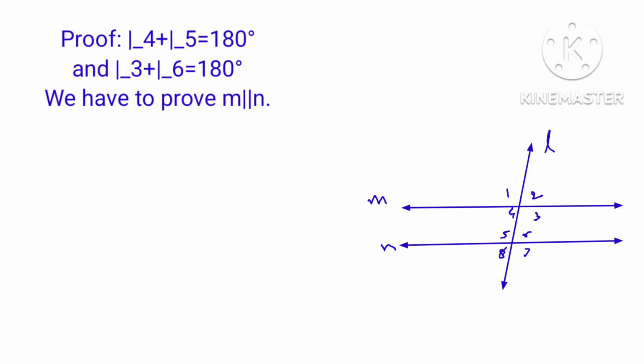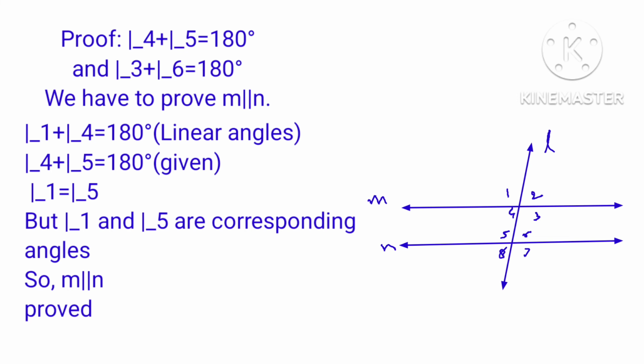Proof. Angle 4 plus angle 5 is equal to 180 degrees. Angle 3 plus angle 6 is equal to 180 degrees. We have to prove that M and N are parallel lines, or M parallel to N. Angle 1 plus angle 4 is equal to 180 degrees, linear angles, and angle 4 plus angle 5 is equal to 180 degrees, given. So